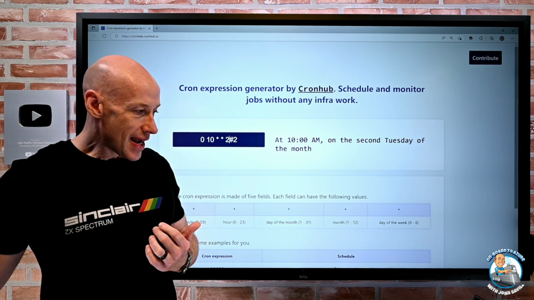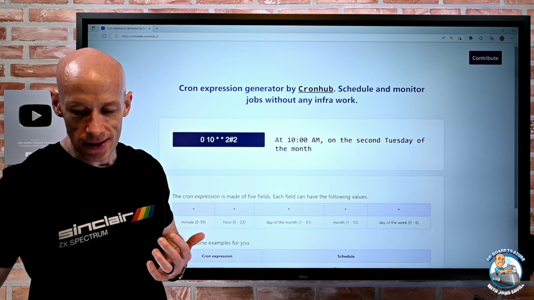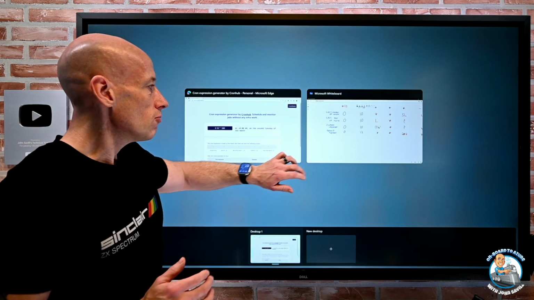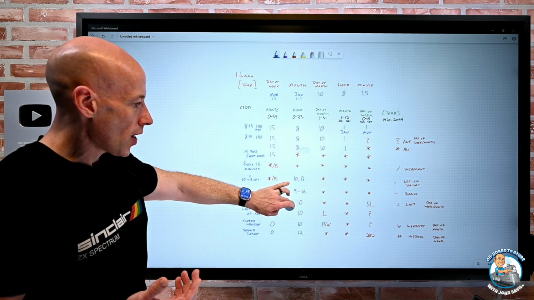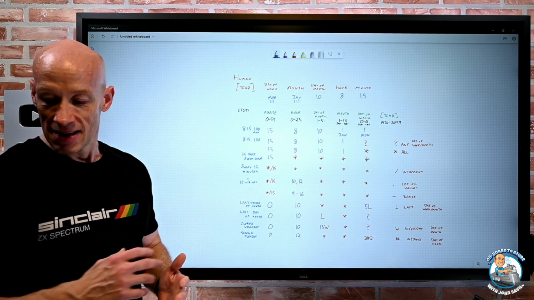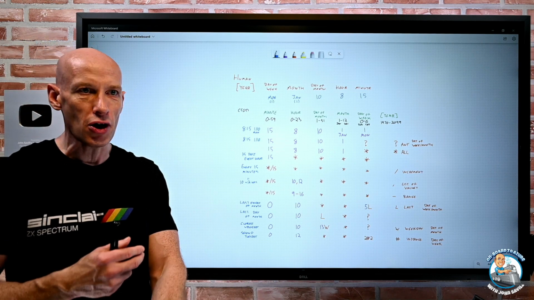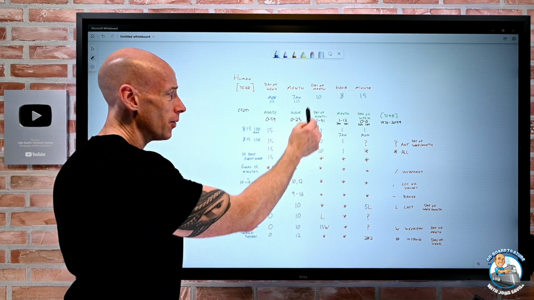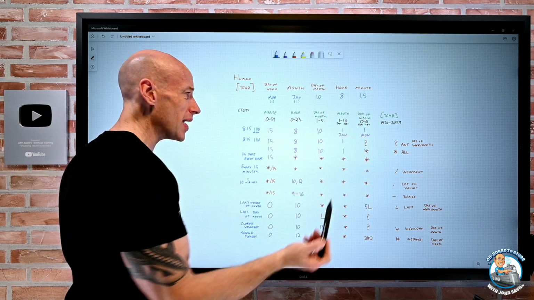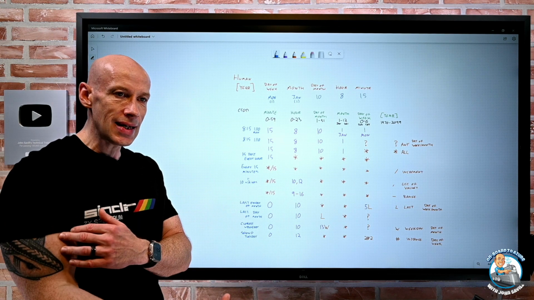And that's really it. So you just have these special notations that I can use, and I can really mix those up and combine them to meet the schedule that I'm trying to do. There's nothing really anything more complicated than that. It seems intimidating when you first look at a cron expression. You're like, what is this? But it's just, hey, minute, hour, day of month, month, day of the week. And you put in as much or as little as you need.